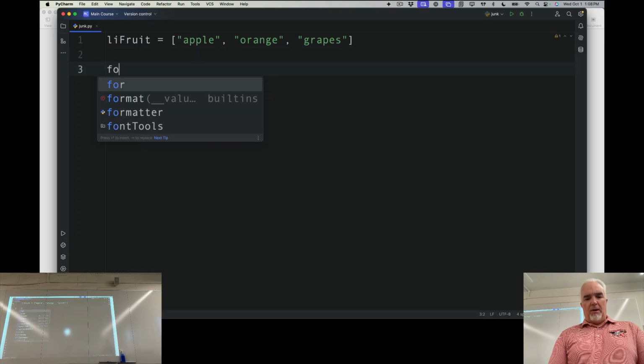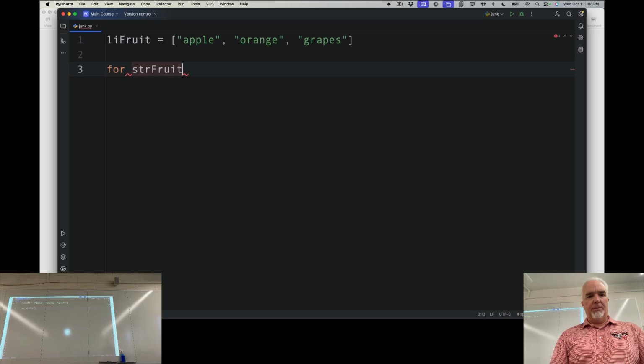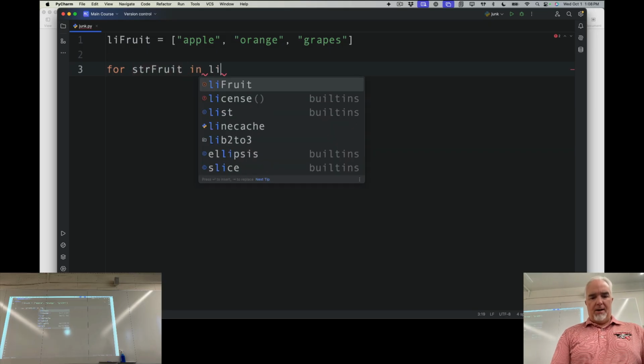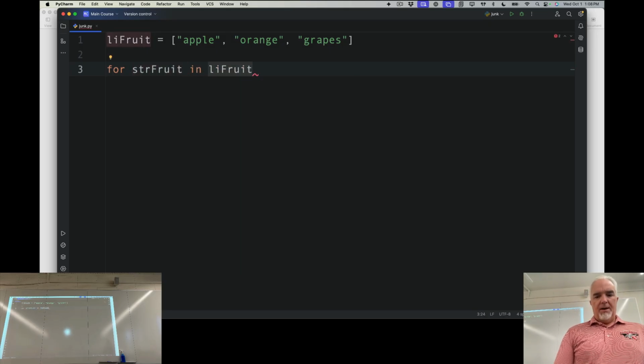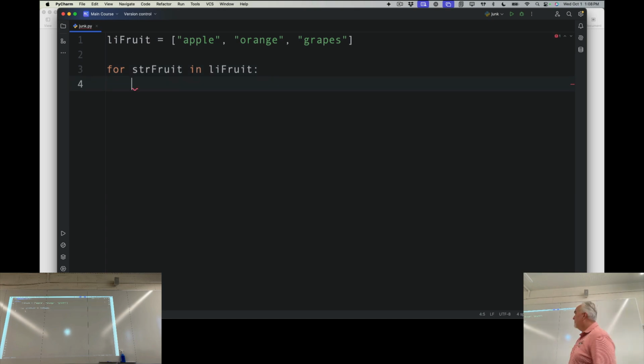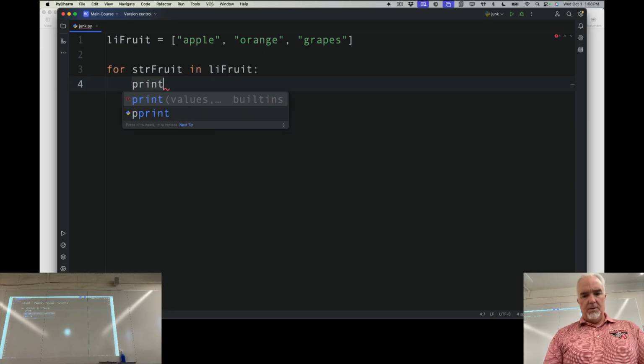And then I would say for str_fruit in li_fruit. Okay, so notice I changed from X to a variable that makes more sense. Instead of X, I'm going to say for each string fruit, so it's a fruit that's a string, which is what those are, in that list, we're going to print,